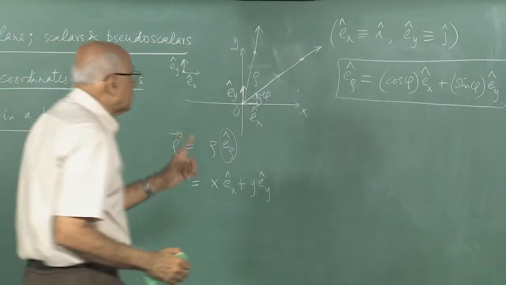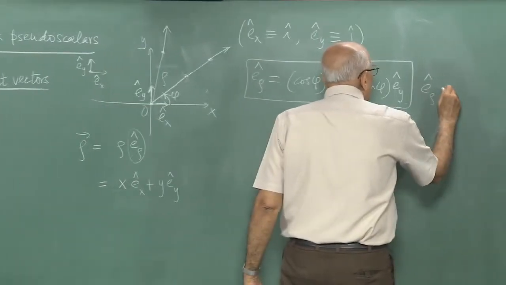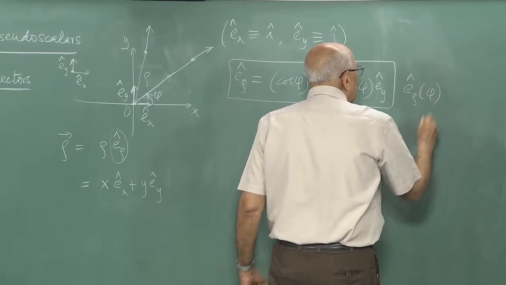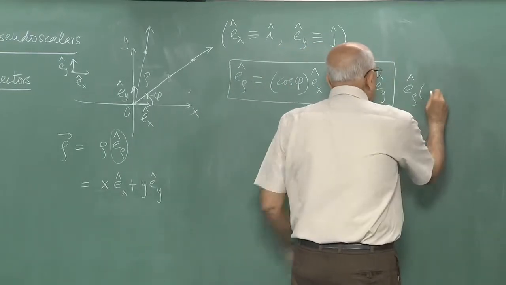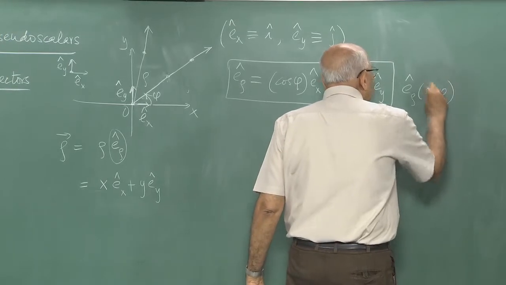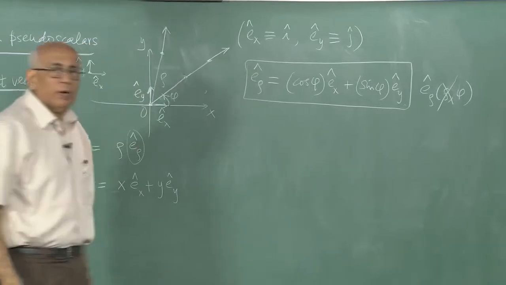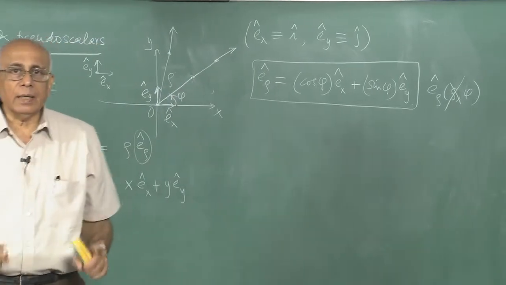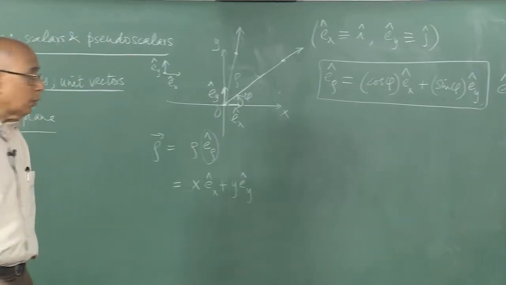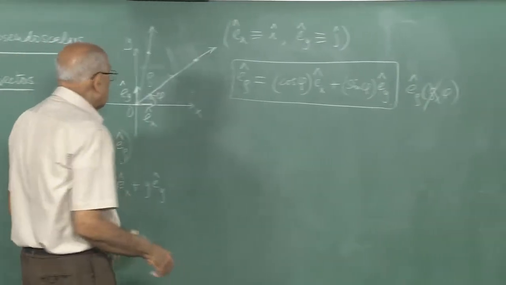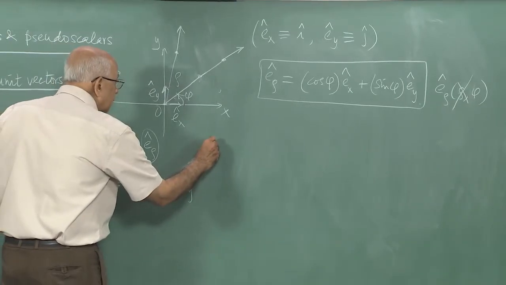Therefore, it is not surprising that E rho is a function only of phi and not of rho. So if I were to in general write this as a function of this distance and phi, there is no dependence on this quantity. It is a function only of the azimuthal angle, and that is geometrically immediately obvious from this figure. What we need to do now is to ask, after all, if I have an arbitrary point here,